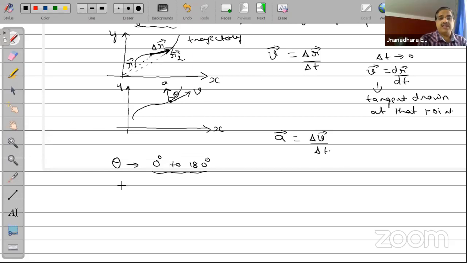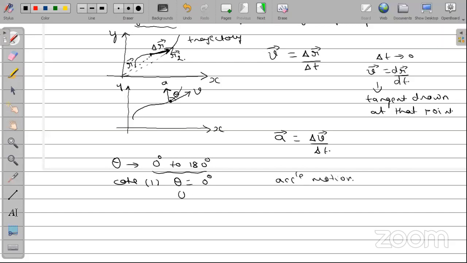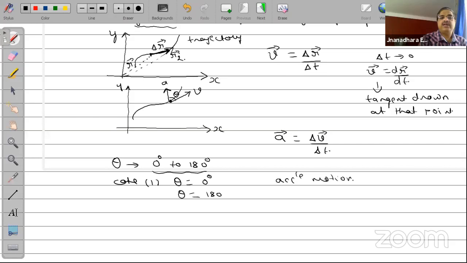There are some special cases, okay? Case 1. If theta is equal to 0 degree, then it is said to be an accelerated motion. I told you about this in yesterday's class. If theta equals 180 degree, then it is a decelerated motion, even in two-dimensional motion. All right. Third case,